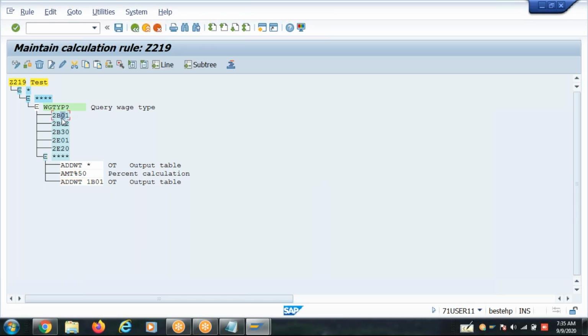And here 1B01, 2B01. Okay, this is 40%. And for all 2B01, what would we do? We maintain 50%.